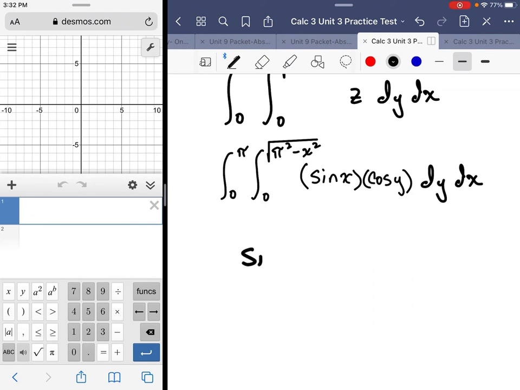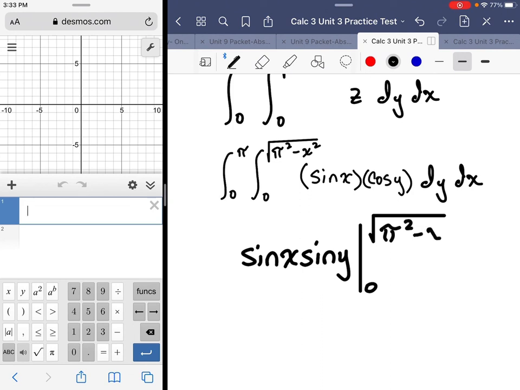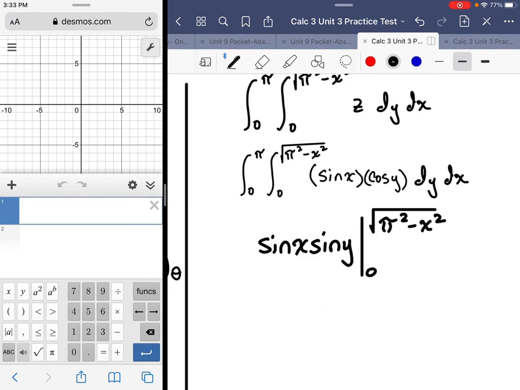So we would be looking at sine x, sine y over this interval. The 0 would be irrelevant, so then I would be looking at going from 0 to pi and integrating sine of x, sine of this,